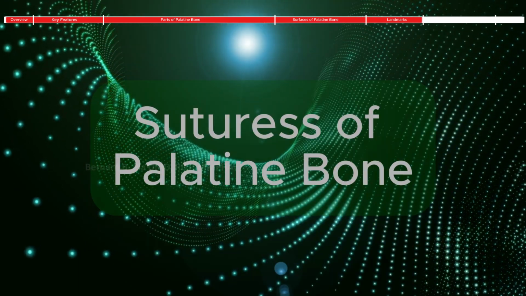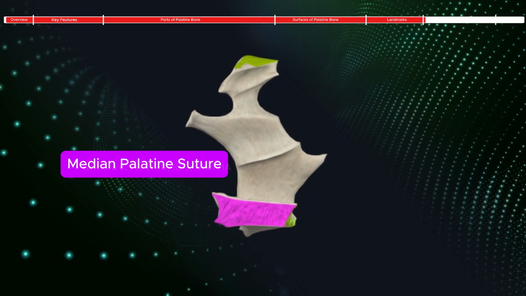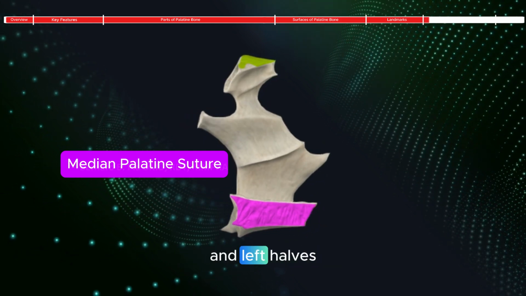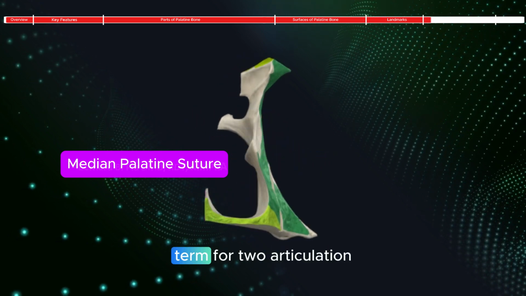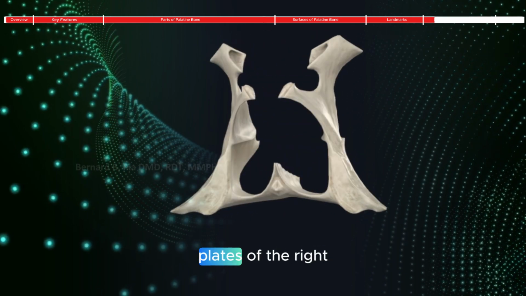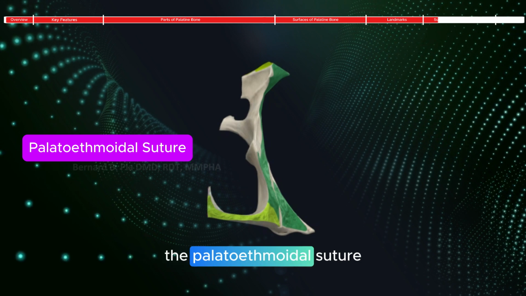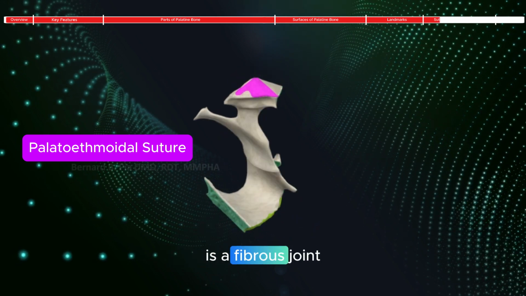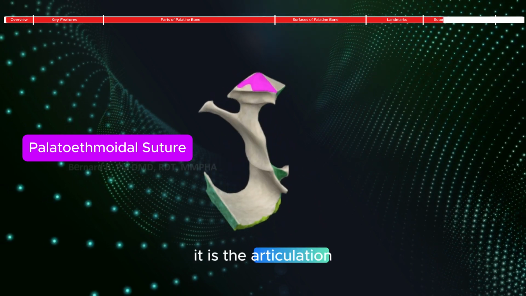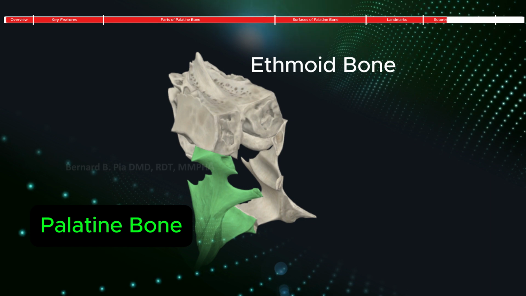sphenopalatine vessels. Sutures. 1. The median palatine suture is a fibrous joint that separates the bony hard palate into right and left halves. It is the collective term for two articulation sites, located between the horizontal plates of the right and left palatine bones. 2. The palatoethmoidal suture is a fibrous joint found along the medial bony wall of the orbit. It is the articulation site located between the orbital process of the palatine bone and the orbital plate of the